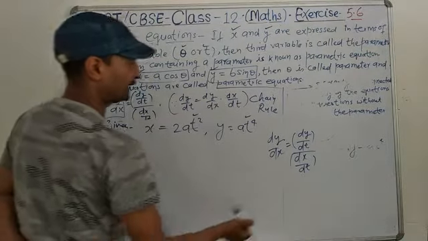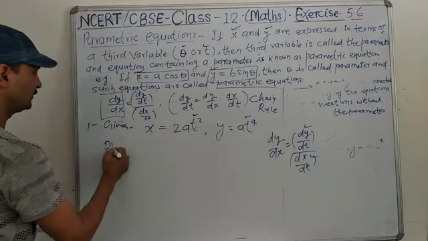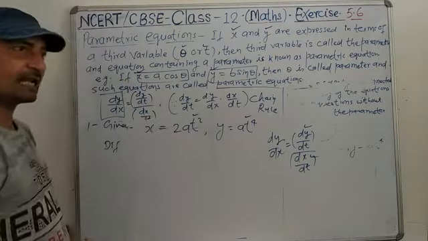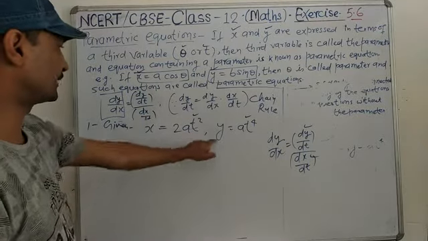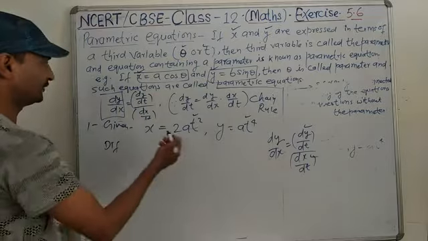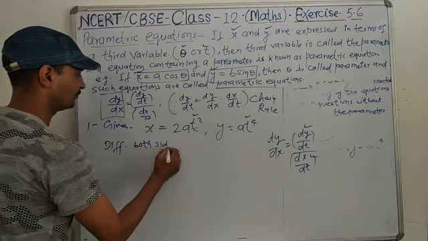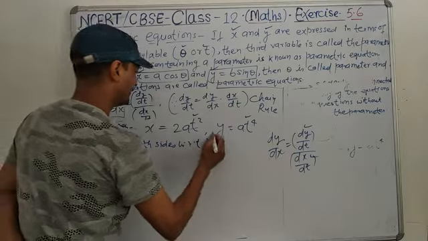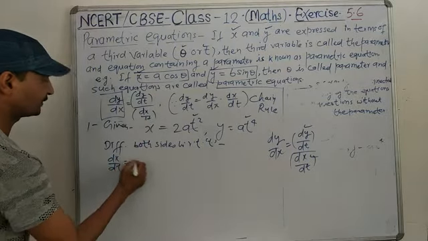So what we need is dy by dt and dx by dt. And one more thing, these equations can be differentiated only in terms of the third variable, not x and y. So it will be differentiated with respect to t, differentiating both sides with respect to t. That means it becomes dx by dt equal to